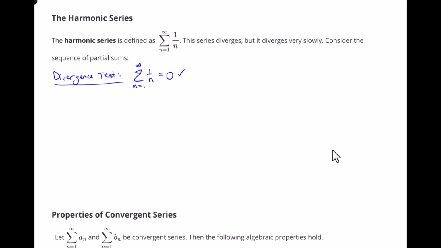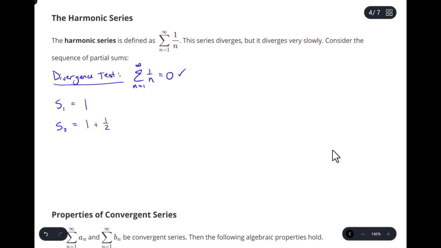What we need to do is look at the first k sums, like the partial sums. S sub 1 would just be 1 over 1, which is 1. S sub 2 would be 1 over 1, which is 1, plus 1 over 2, which is a half. So this is